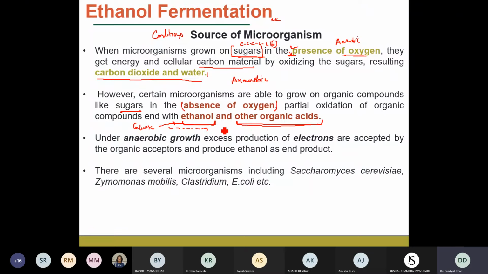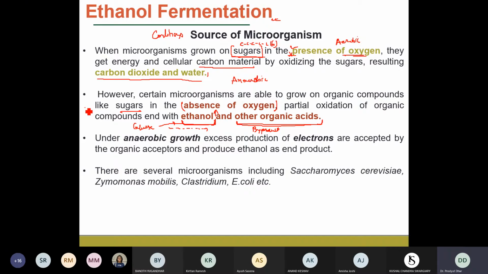So generally, to overcome the production of other bioproducts, we tune the biochemical pathway of the particular microorganism by adding certain cofactors or enzymes, or by some genetic manipulation, such that upregulation of the targeted or selected pathway is done. That is very important, and it is one of the strategies by which we can improve the yield of ethanol.